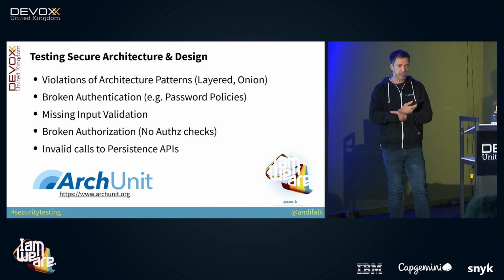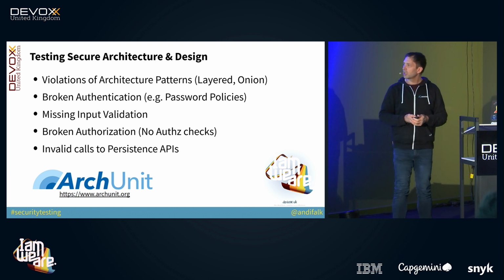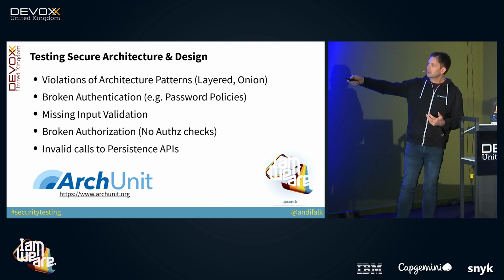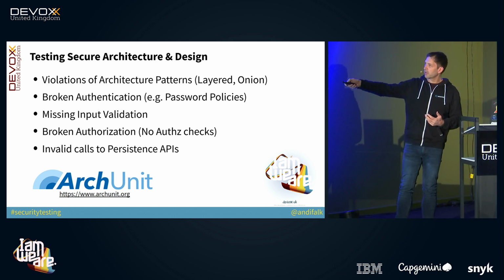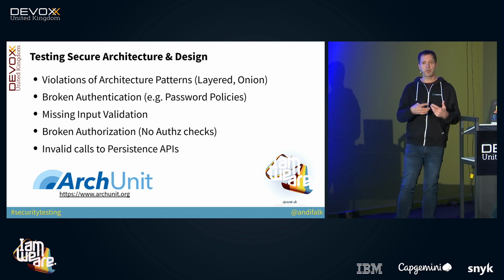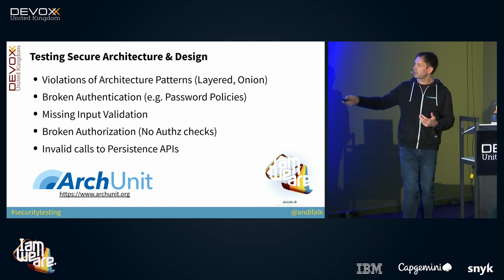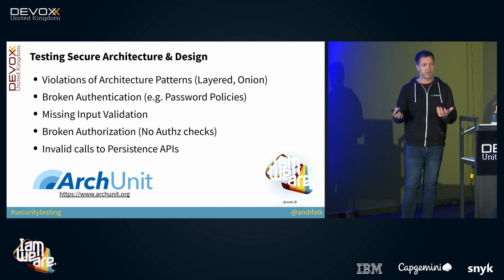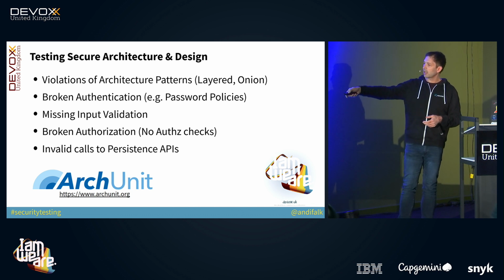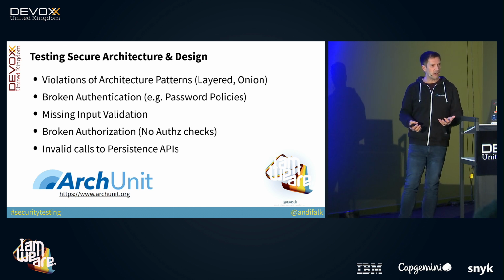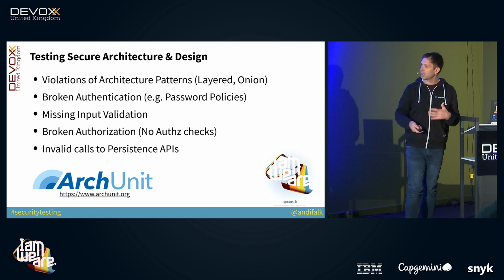According to the architecture and design, you can also test plenty of things already on that level. So the typical test you want to make with architecture is that your architecture pattern is not violated somehow. Typically you have some layered or onion architecture patterns that you use in your applications. And with the ArchUnit framework, you can easily test if no call is against that typical layered architecture, for example. But you can also